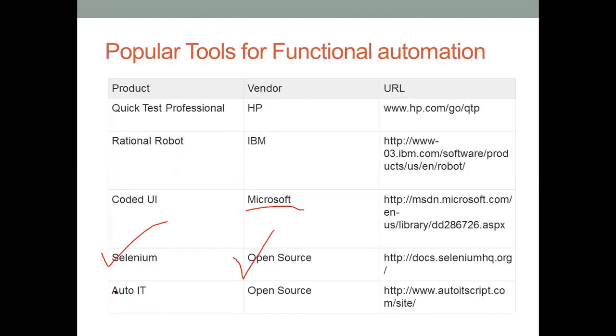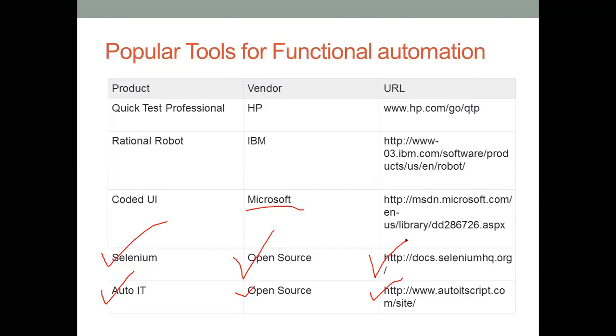And last is AutoIT. This is also open source and you can download it from autoitscript.com. For Selenium, the website is seleniumhq.org. So, are you getting it? These are the 5 famous tools for functional automation.